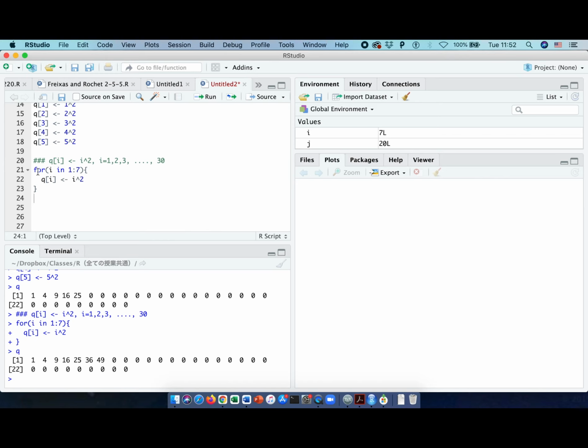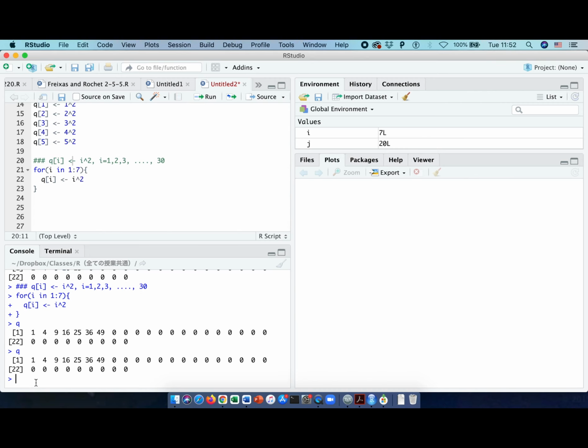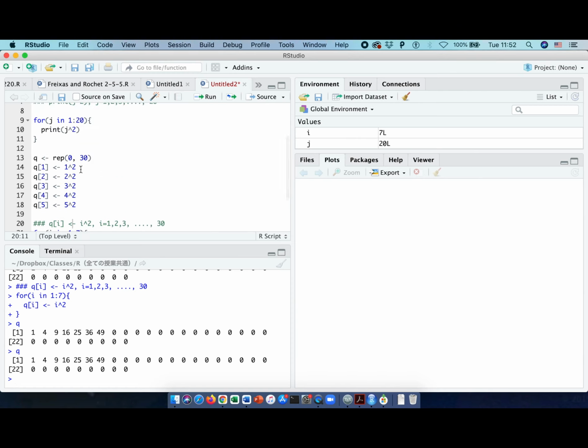Okay, so even if it takes very little time, R is actually repeating it 7 times, very fast. For example, you can see that. So let's say Q is again, let me run this line. Q is again